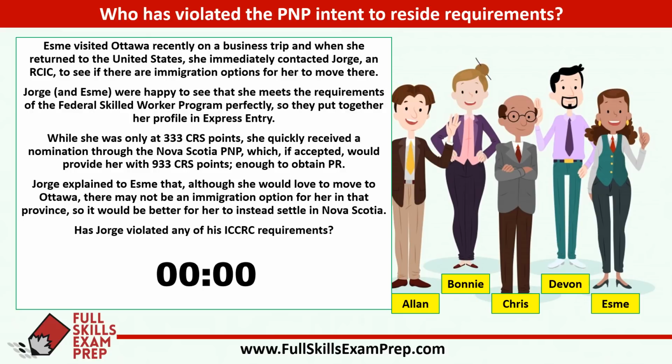Okay, and then we've got this last little paragraph here, and this is where the role of the RCIC comes in. So Jorge explained to Esme that although she would love to move to Ottawa, there may not be an immigration option for her in that province, so it would be better for her instead to settle in Nova Scotia. Now, the reason that I put this in, especially at the end here, is because this happens all the time in your life as a consultant, in dealing with clients and explaining Regulation 87 and those PNP intent to reside requirements to clients. So this is where the confusion comes in with a lot of students and a lot of people getting ready for the ICCRC exam, is that